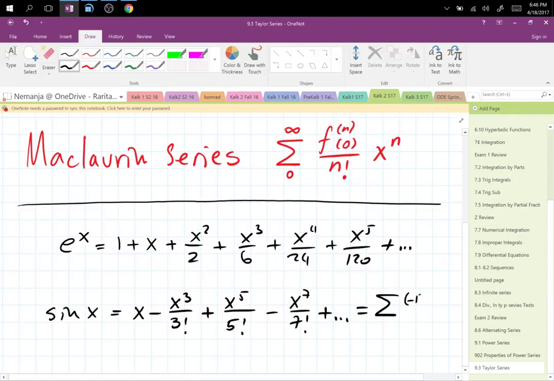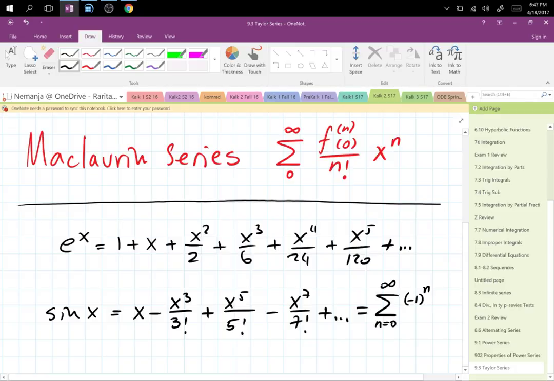You have negative 1 to the n. Start n at 0,